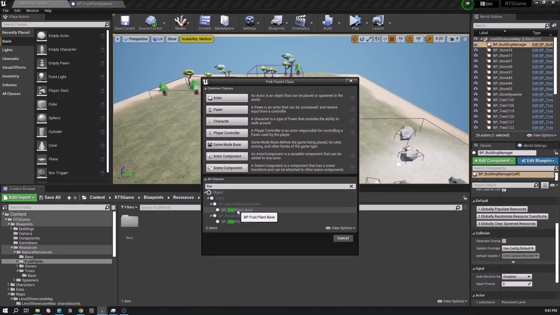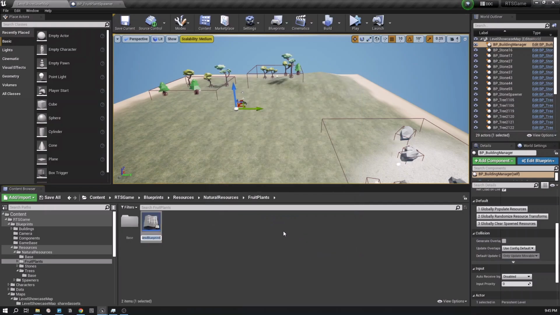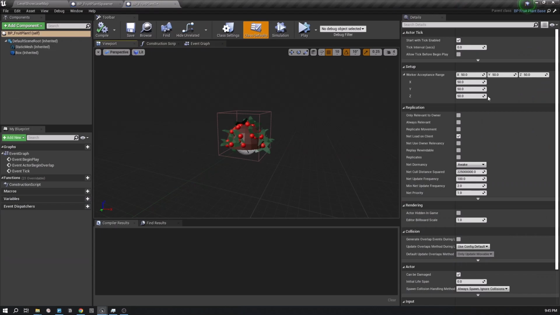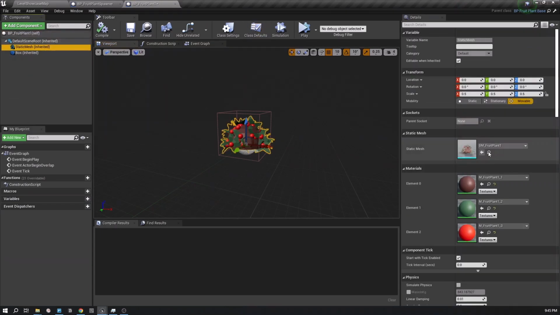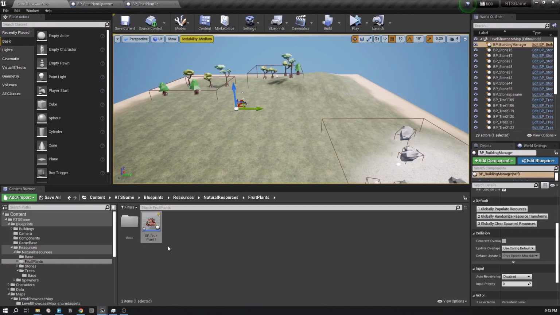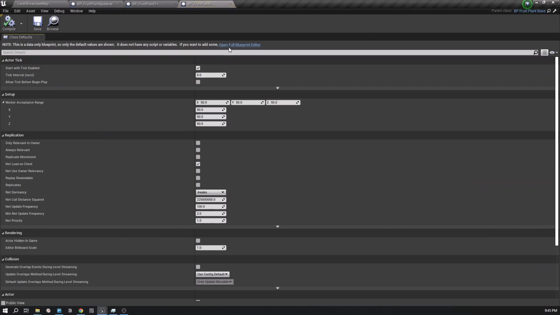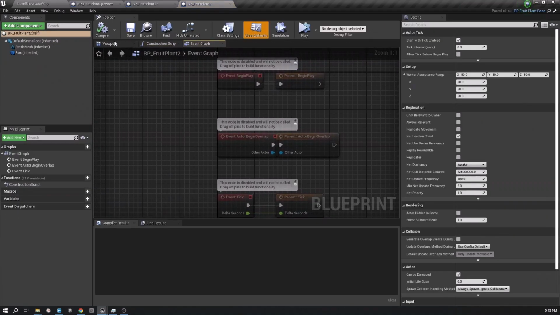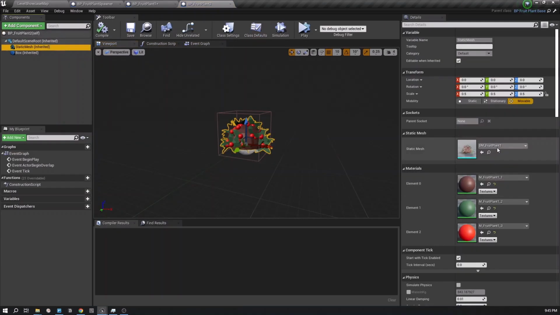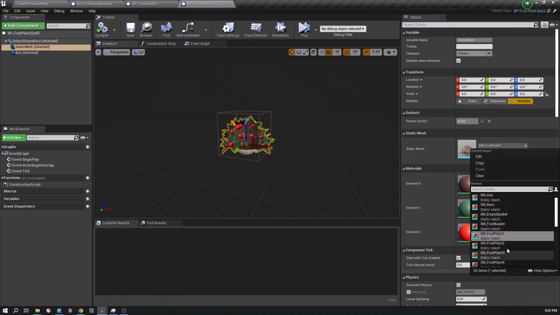child instances of this fruit plant base. And I'll name this as BP fruit plant 1. Okay, so this is the initial plant which is acceptable, and I'll duplicate it. And for the plant 2, I can assign fruit plant 2 mesh,